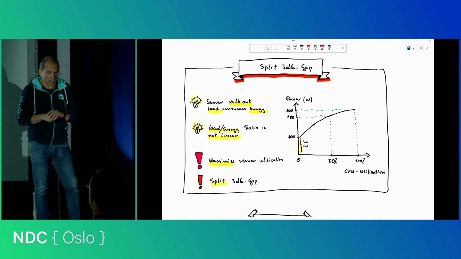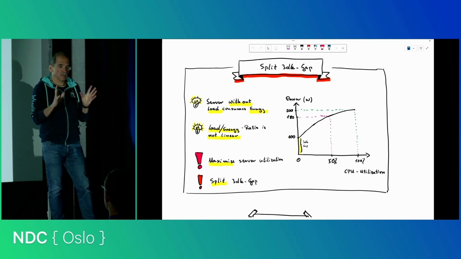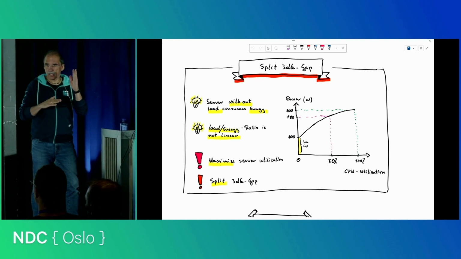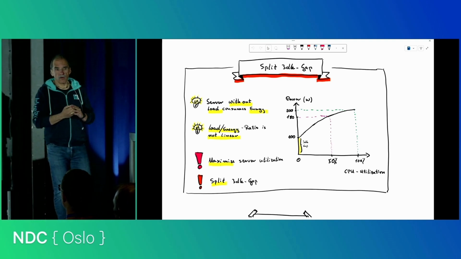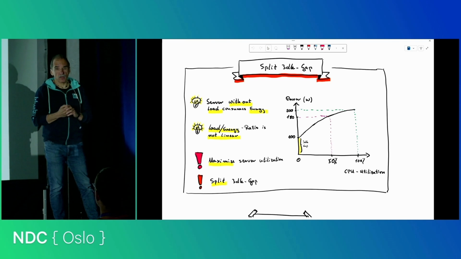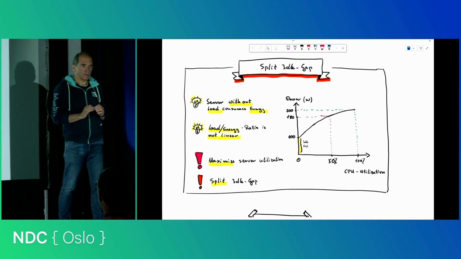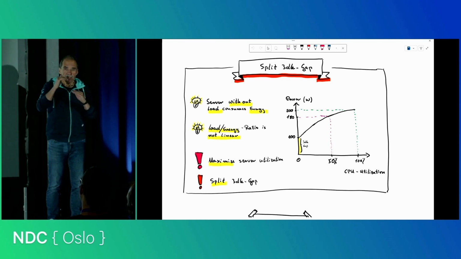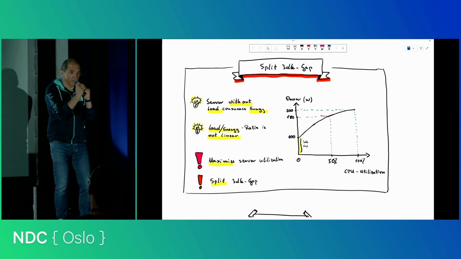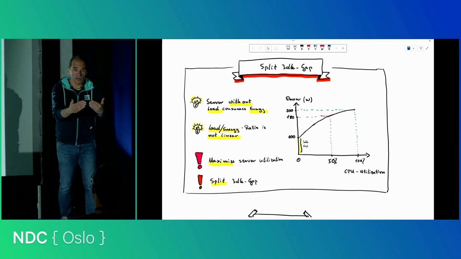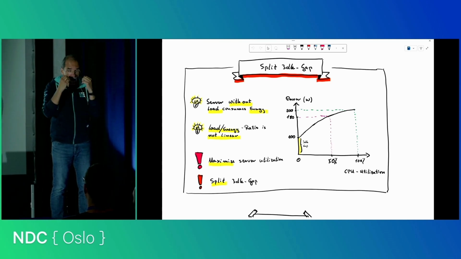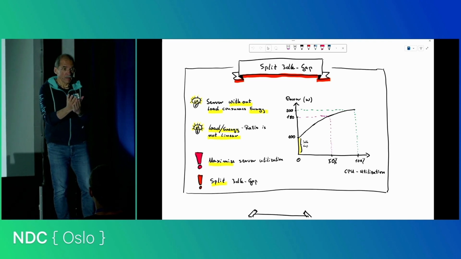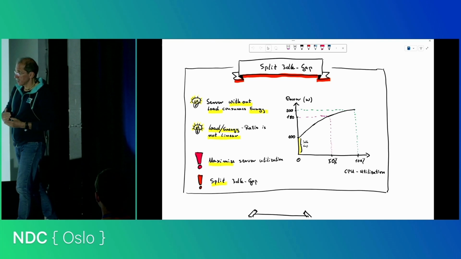The third one is not so obvious, but it goes in the same direction, and we call it the idle gap. What you see is a typical load curve of a server, based on the CPU load. One observation is that it doesn't start at 0. If you turn on the computer and you have no load, so the computer does nothing, it needs energy. And this is the idle gap.